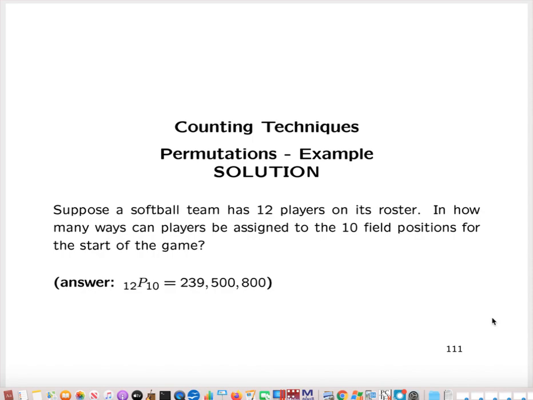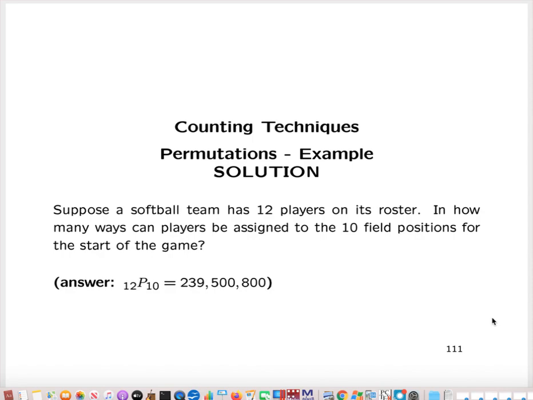That would be an arrangement of positions, all right? Because each position on the field is specific. It's different. First base is different than second base, which is different than third base, and so forth. So these different positions on the field correspond to different positions in the list, in the arrangement. And so the number of ways that we can do this is surprisingly big: